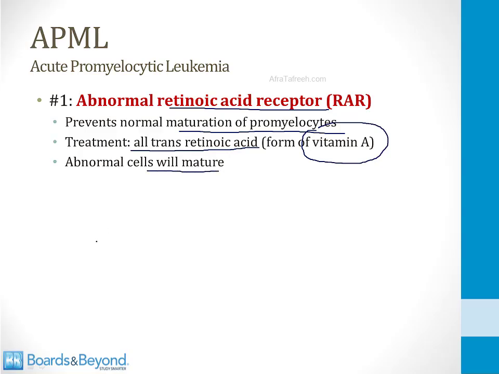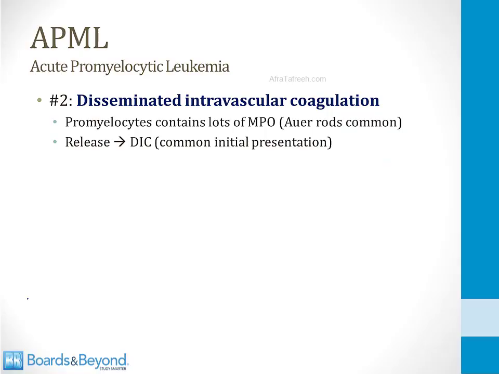It's interesting, this is not a chemotherapy, it's not toxic to the malignant cells. Instead, it triggers them to mature normally. As a result, the number of blasts decreases and white blood cell production by the bone marrow returns to a normal state. The second unique clinical feature of APML is a high frequency of disseminated intravascular coagulation. Promyelocytes contain lots of myeloperoxidase. Auer rods are a common finding in the blast cells in patients who have APML. When myeloperoxidase is released, it can lead to DIC, and in fact this is a common initial presentation of the